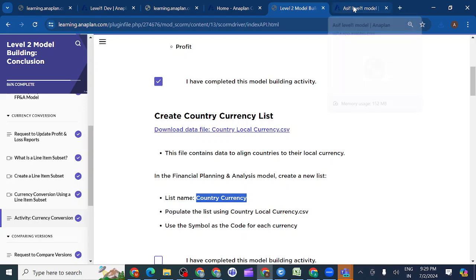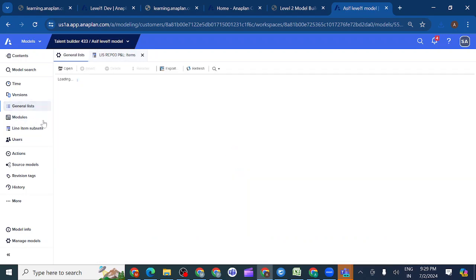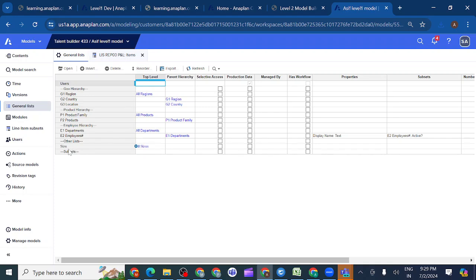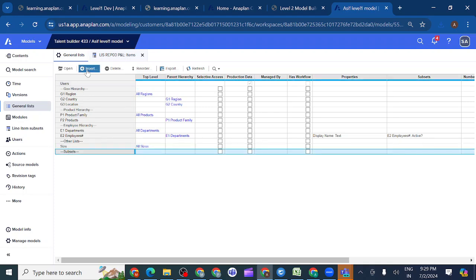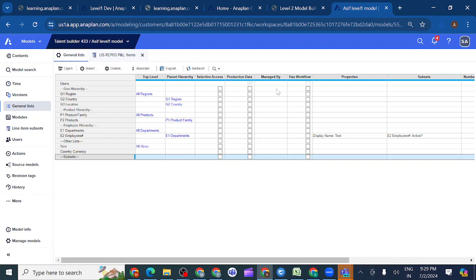So first of all, in general lists we need to create the country currency list. We should create it. So after creating this country currency list,